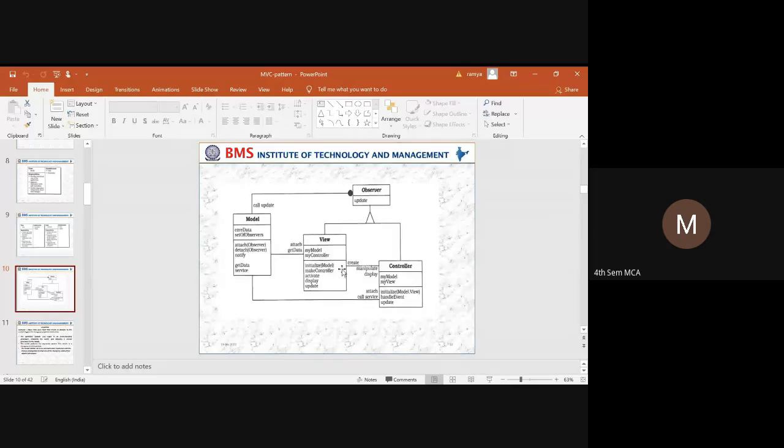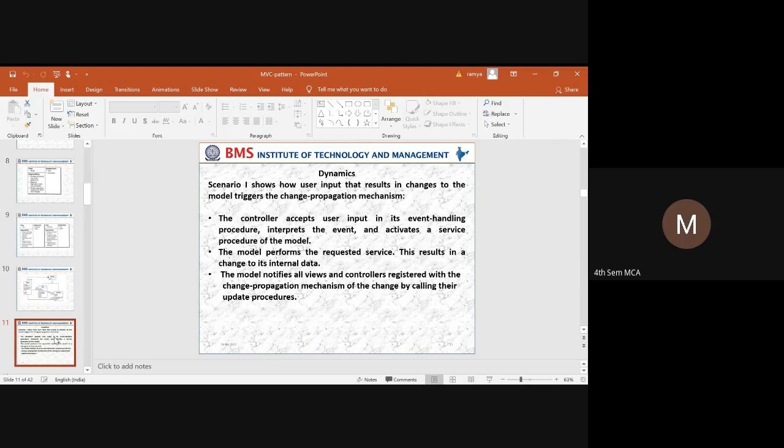Later, this view is going to create a controller. Since the controller is associated with the model and the view, it will take two parameters, model and view, in an initialize method, and it is going to handle all the events through the mouse. Whatever updates there are will be considered by the controller, and it is going to display them through the view. So next thing is dynamics. Dynamics are nothing but how the objects are going to behave in different manners.